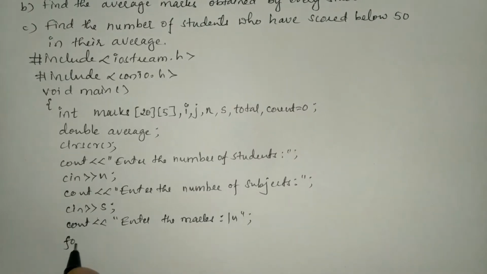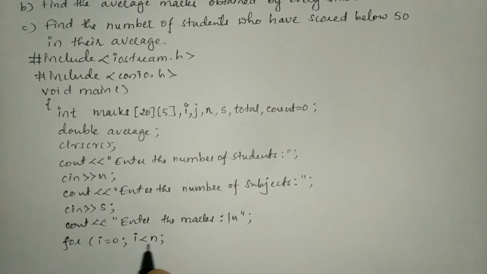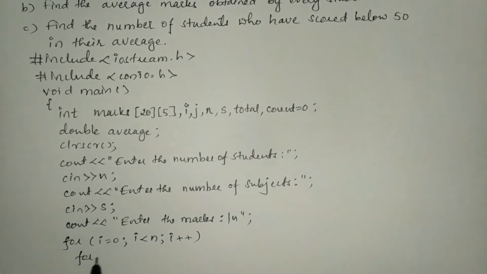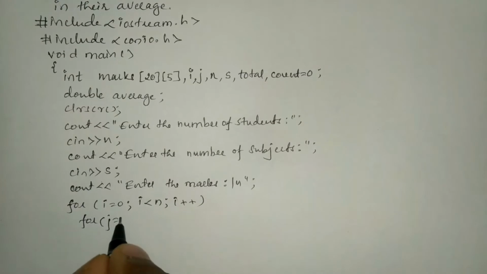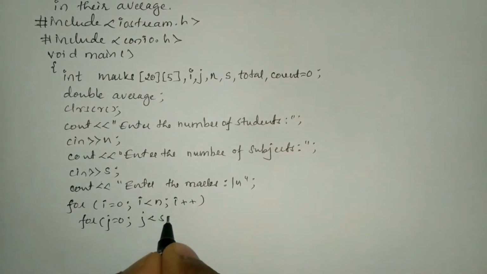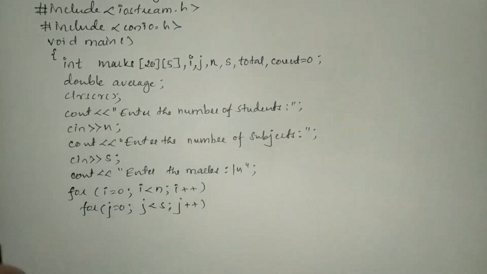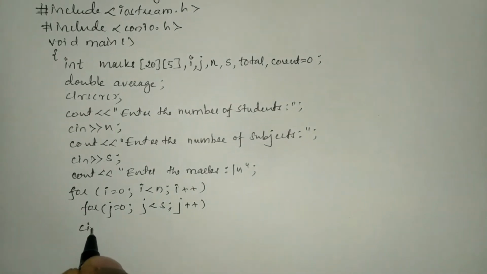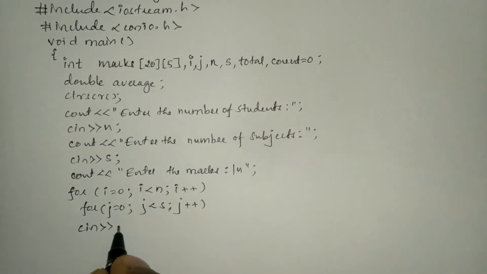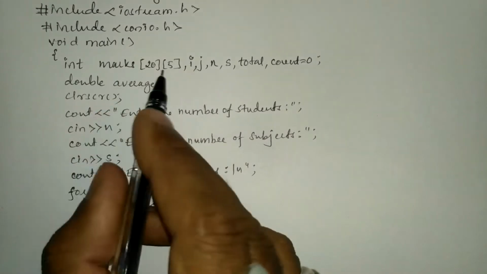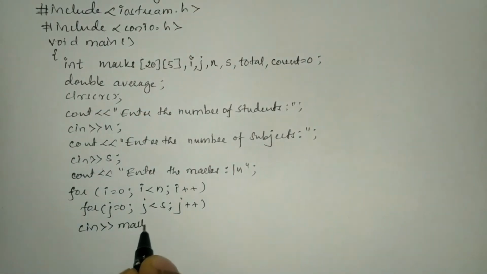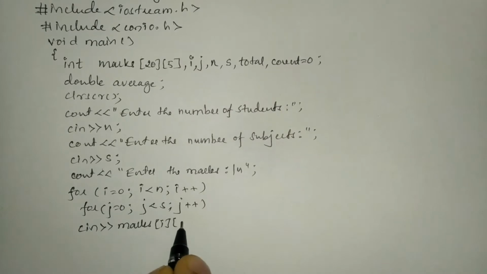Now using iterative statement for i is equal to 0, i is less than n, that is less than number of students, i plus plus, and the next iterative statement is for j is equal to 0, j is less than s, that is subjects, and j plus plus. Now we are going to receive the input from the user through keyboard. So cin stream extraction operator, and here I'm going to use this two subscripted variable called marks of i and